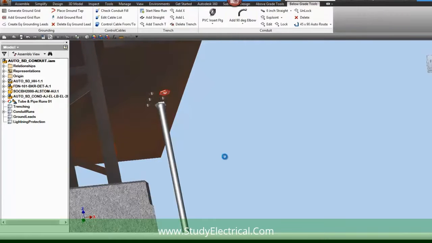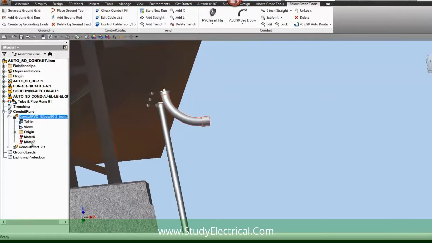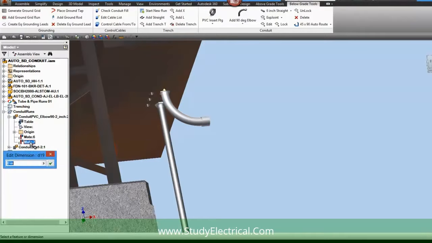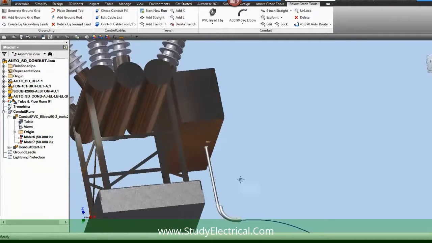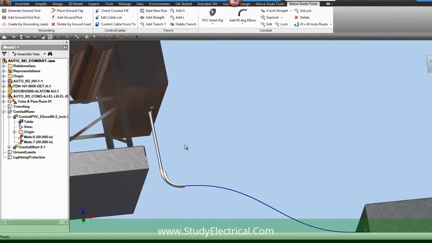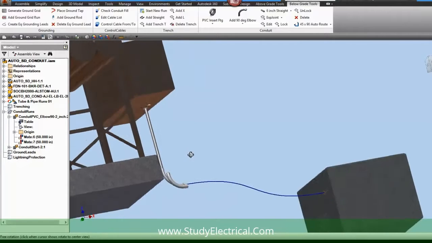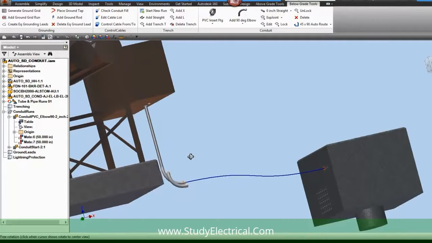Right now, I'm going to show you how we can use an elbow fitting and then change the constraints to get it to the distance that we need. There's two constraints to fix, and they both have to be equal. Now you can see that our elbow is placed where we want it, and we will create the conduit run